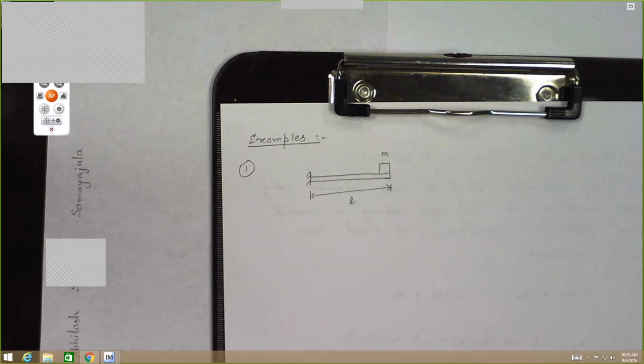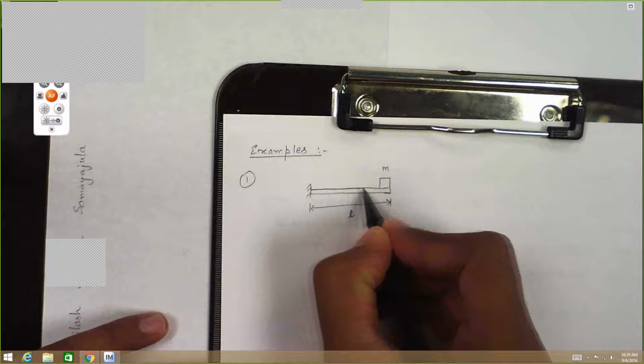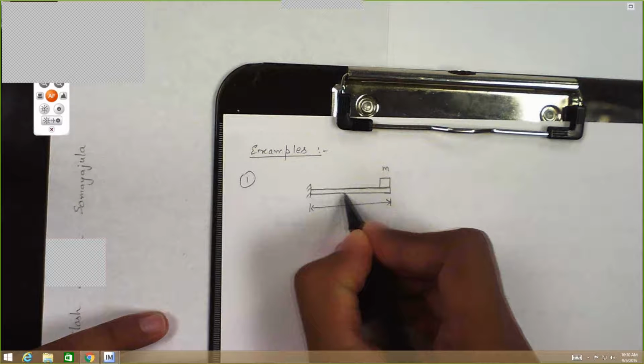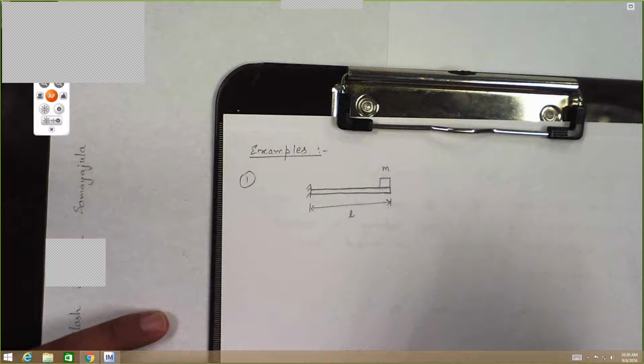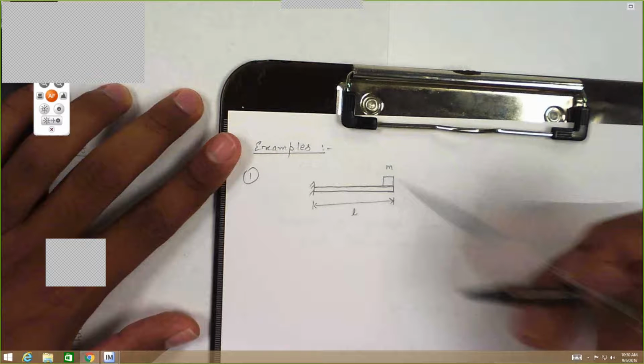Let's consider a cantilever beam and assume that the beam itself does not have any weight. I know it's a little counterintuitive given that my drawing shows that it has a big shape and a mass, but let's assume that the beam is weightless and we put a mass m at the end of it,